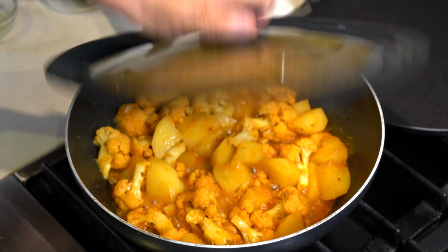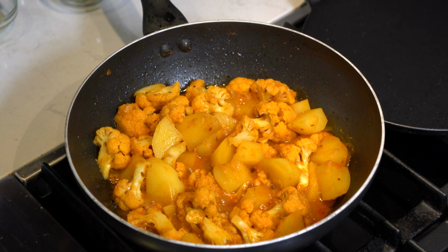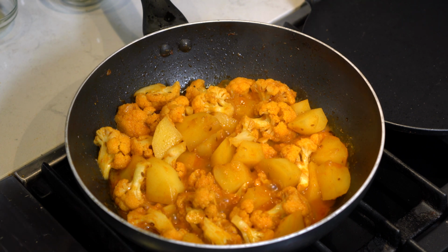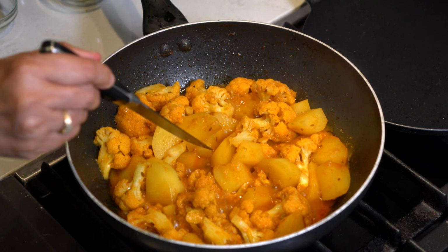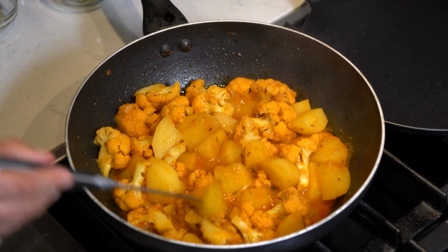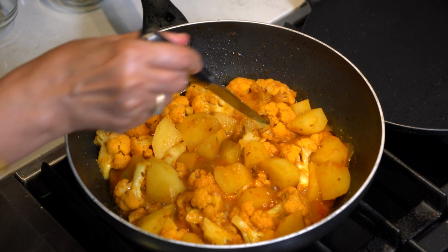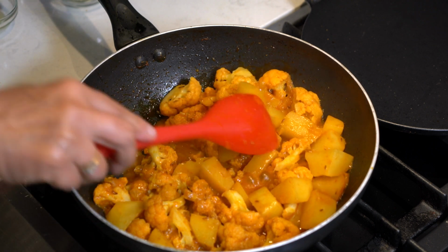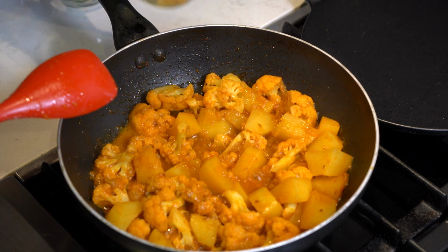It has taken 10 minutes for the cauliflower and the potatoes to become tender. In those 10 minutes, I checked the potatoes and the cauliflower at least 3 times and stirred it so that they don't burn. Now I will add the rest of the ingredients, the lime juice,